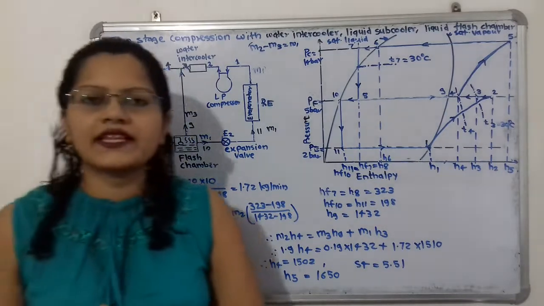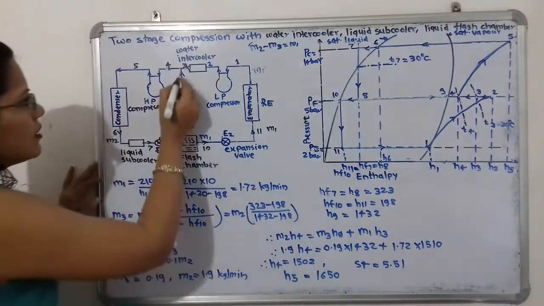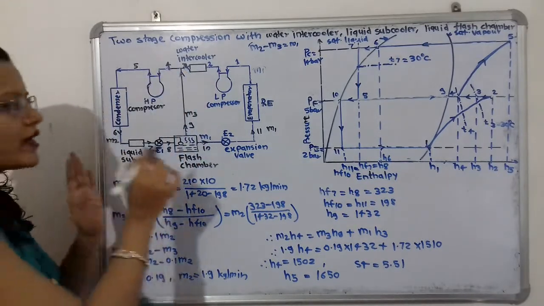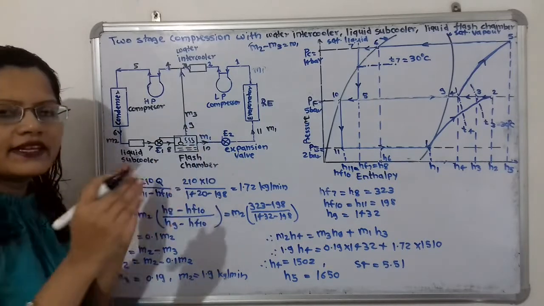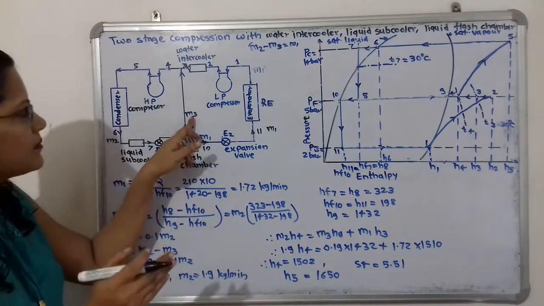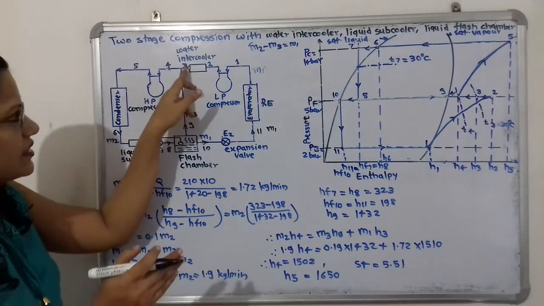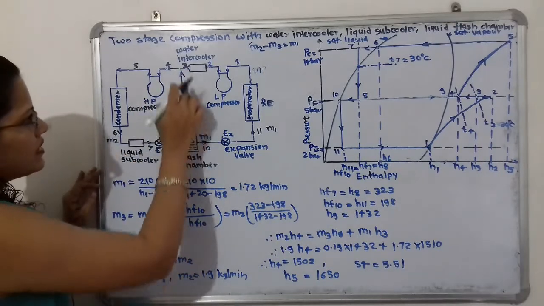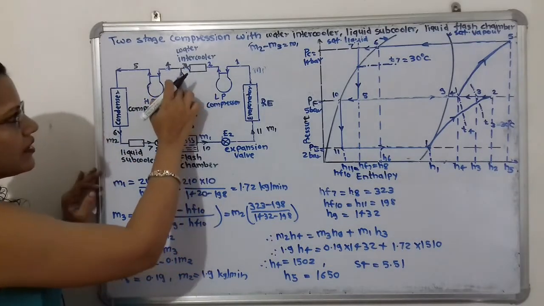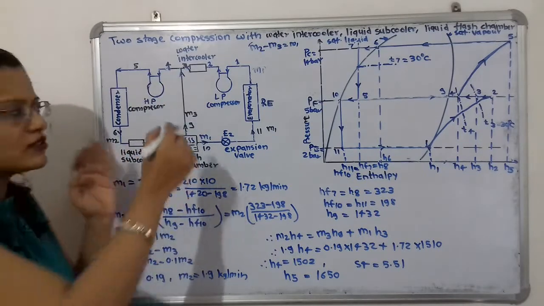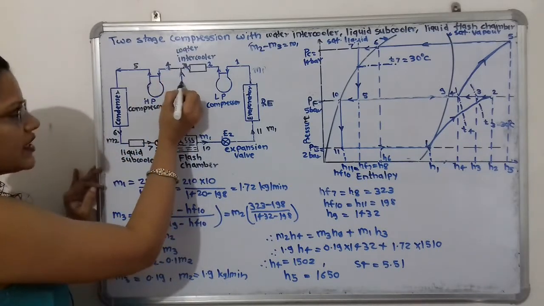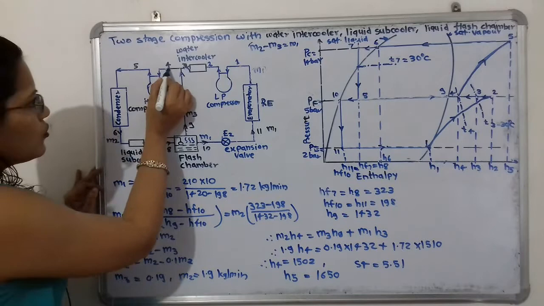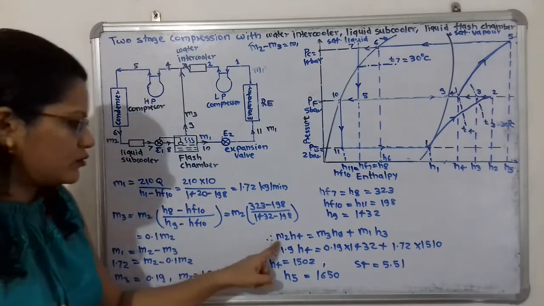Now how to calculate the enthalpy at point 4? Here there are two incoming refrigerants, from point 9 and point 3. So we can take the enthalpy at point 9, that is H9 into mass M3, plus H3, the enthalpy at point 3, multiplied by mass M1. So M3 into H9 plus M1 into H3, as these two refrigerants are getting mixed. We have used a plus sign, which is equal to, what is the mass at point 4? That is the mass M2 into the enthalpy at point 4, that is H4. So here is the equation.